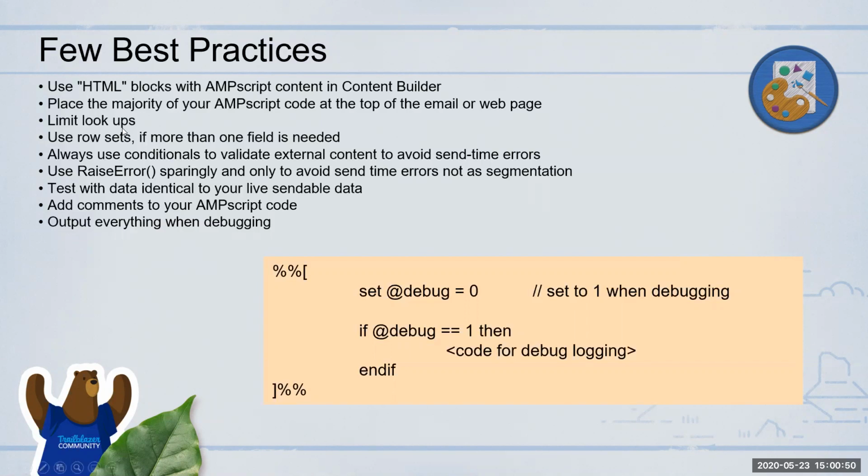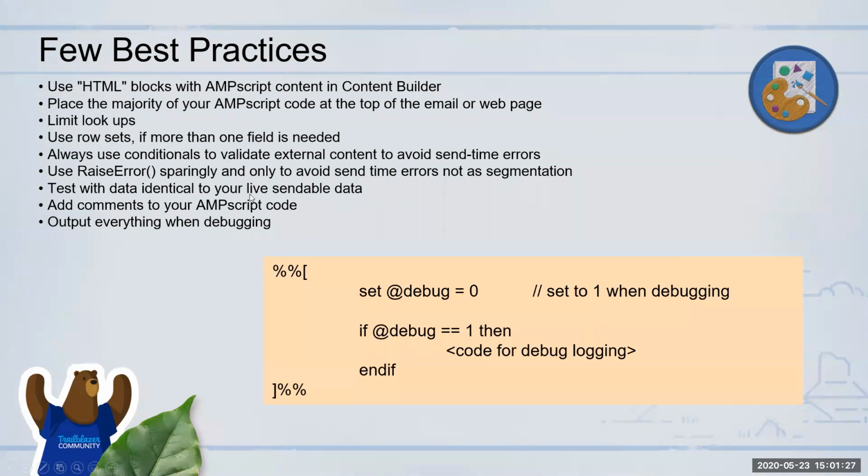Okay. It always says limit the number of lookups, because there is always a performance hit. Don't try to bring in five or six data extensions, going back and forth, especially if there's a large number of sends. Maybe one or two lookups maximum, wherever possible. If you can bring the data in through queries, segment it and keep it in a data extension, do that, and then get the data from there. Only resort to lookups if you're not able to do that and on the fly you want to get some data from a specific data extension. Okay, if you want to retrieve more than one field, use a rowset, like I said, LookupRows or LookupOrderedRows.